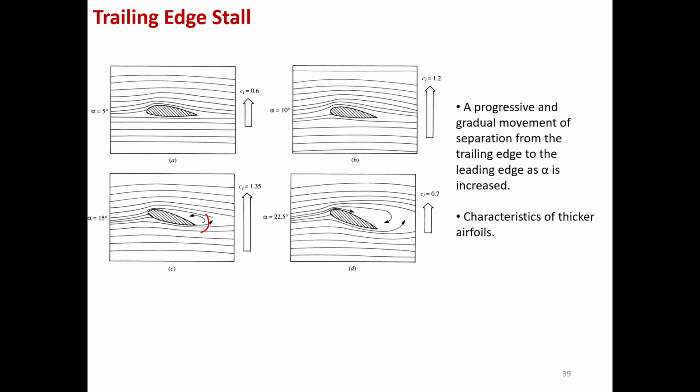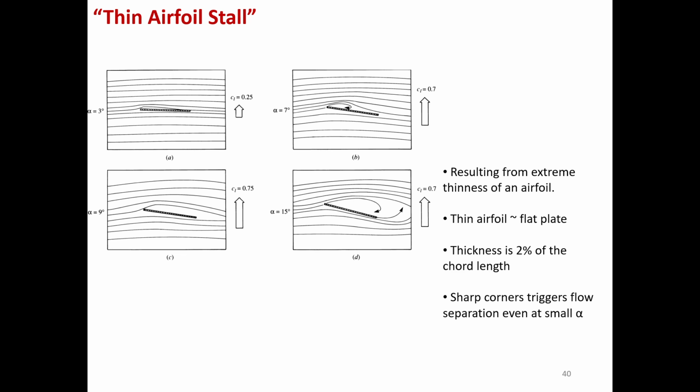Where the flow separation starts from the trailing edge and then it moves gradually up towards the leading edge. Okay. It is a progressive and gradual movement of separation from the trailing edge to the leading edge. It is a characteristic of a thicker airfoil. And the thin airfoil stall,